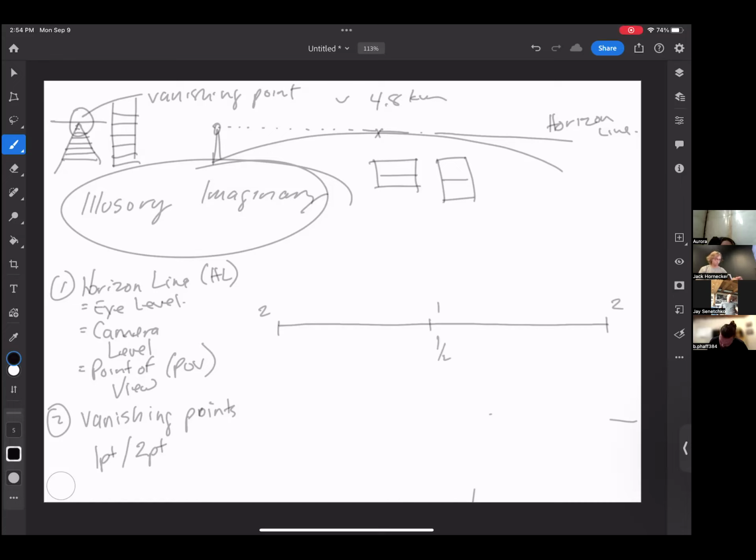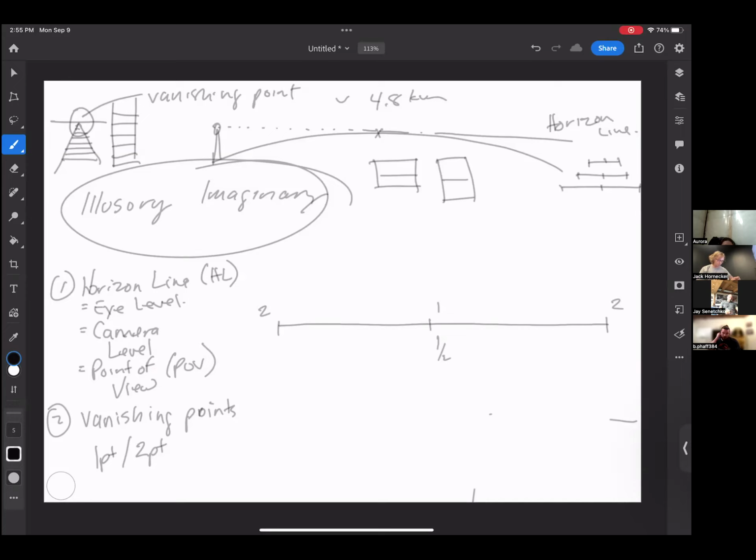Those points will always be that distance away from each other. They will always be equidistant away from each other. It doesn't matter if the line is this long, or this long. The 2 points will always be at the end of that line. Your 1 point will always be in the middle of those 2 points, always and forever. Why will they always be that way? Because we made this system up. That's the way this system works, for no other reason than that. Okay, so that's the first step in any of your perspective drawings.